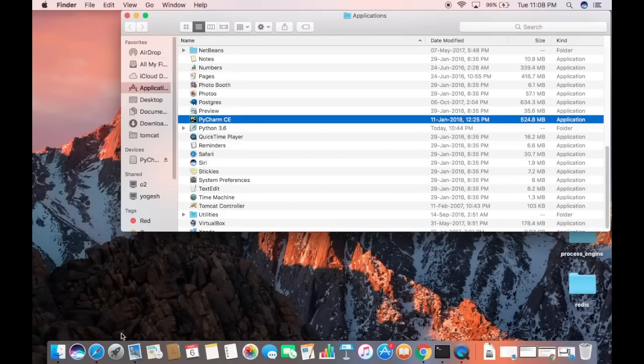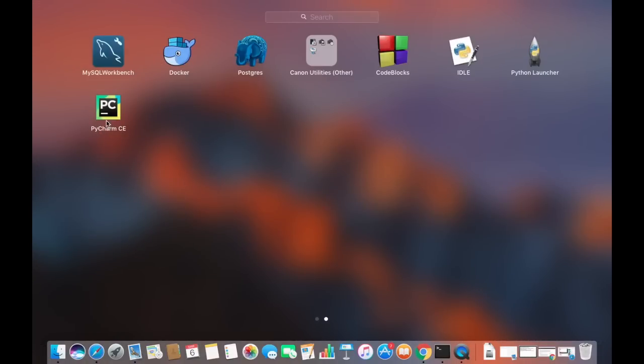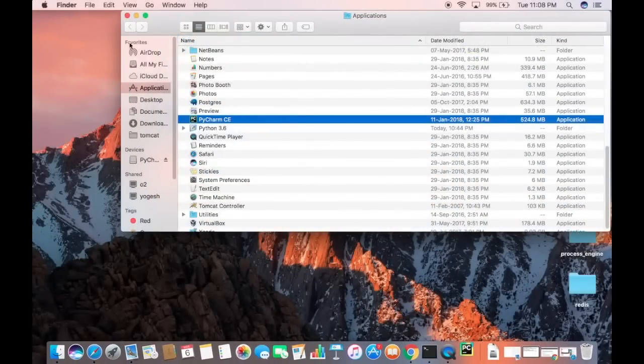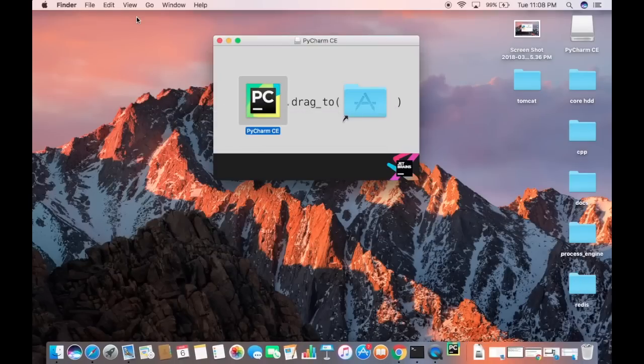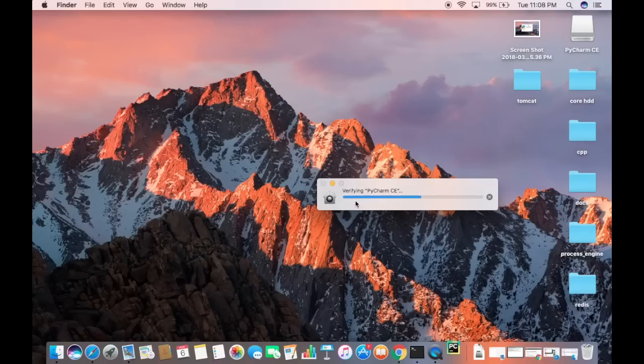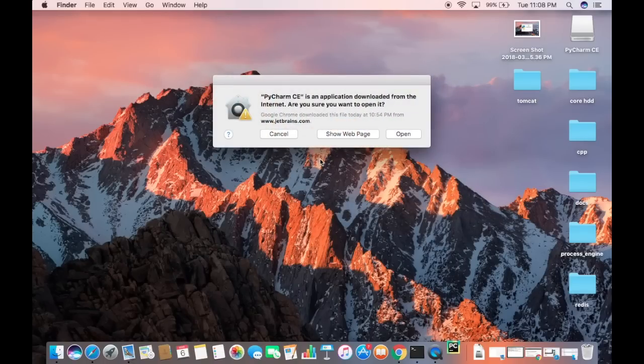You can also open PyCharm by just clicking on your launchpad, and here you will be able to see the PyCharm icon. So I'm going to just click on this PyCharm icon, which is going to open the PyCharm IDE, and I'm going to minimize this applications folder, and I'm going to just close this window also. So it will just verify the PyCharm IDE first of all, and then you will see this message